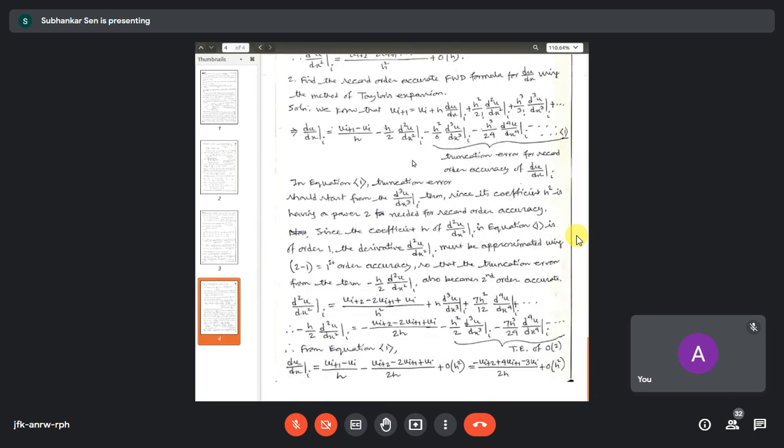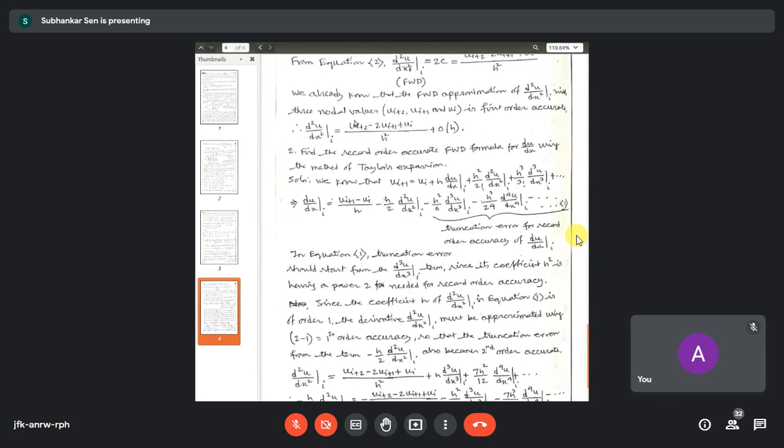you have to understand this logic: for d2u dx2, you have to approximate by some differencing scheme. Now, which scheme will you use? With any scheme, there is a truncation error. Now you have to find out the truncation error of order 2, and this is already having order h. So if you are using truncation error of order 1, order 1 means the h term will be there.